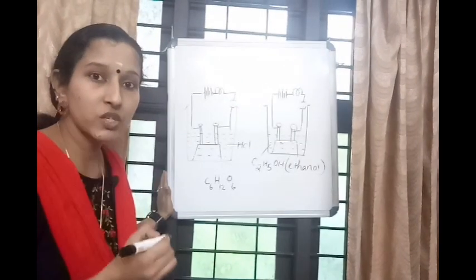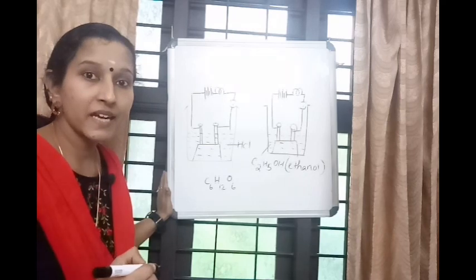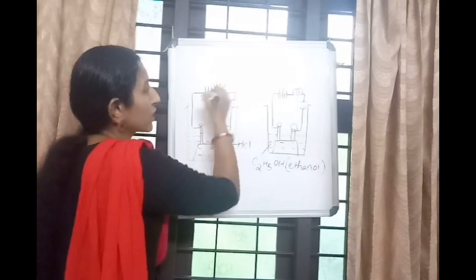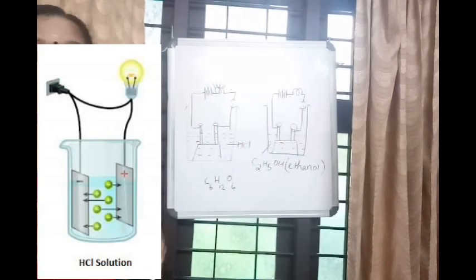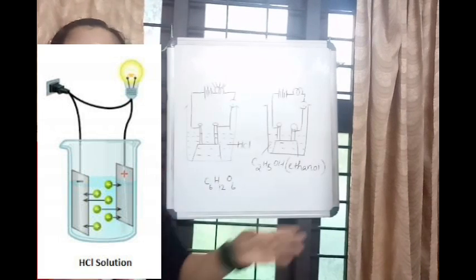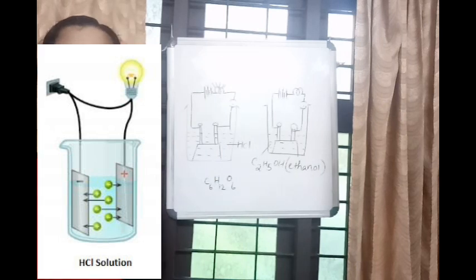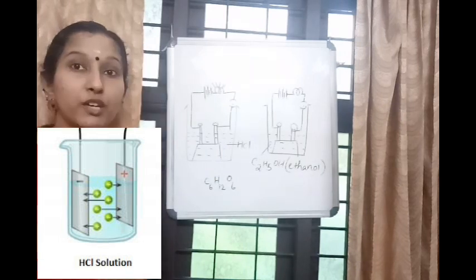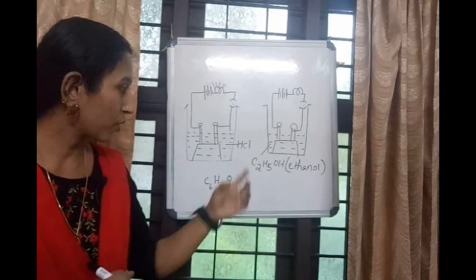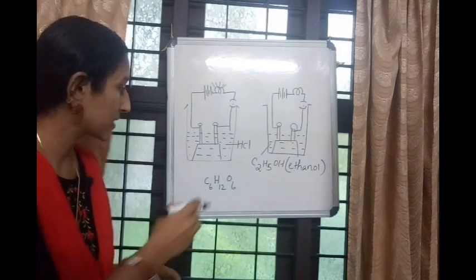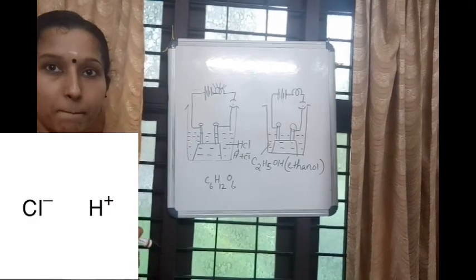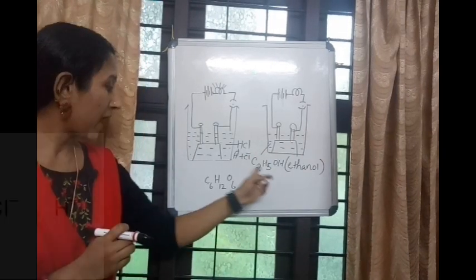On putting the switch or the key, you can see the glowing of the bulb only in the first figure, which means the electricity only flows through the first figure. Why? Because I told you if there are ions, there will be conduction of electricity. Hydrochloric acid dissociates to form H plus and Cl minus ions. But ethanol and